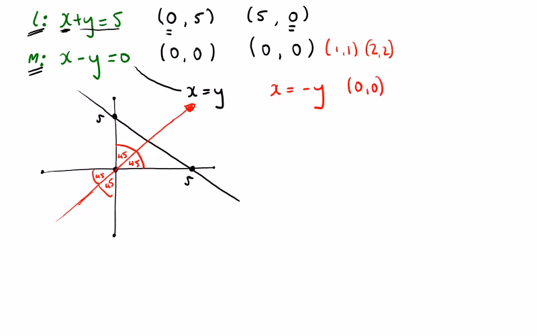Now let's pick another one. We can pick any value for x. Let's pick the point 3 for x. What would y be equal to? If x is 3, we're left with 3 is equal to minus y, so y is equal to minus 3. So 3, minus 3, we approximate 3 to be about here, and minus 3 to be about here. So we have our 2 points